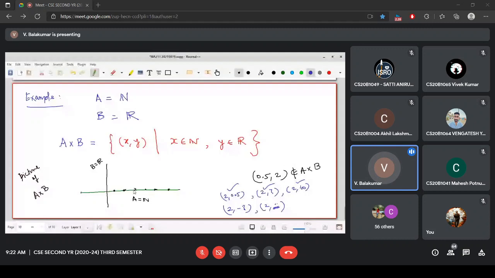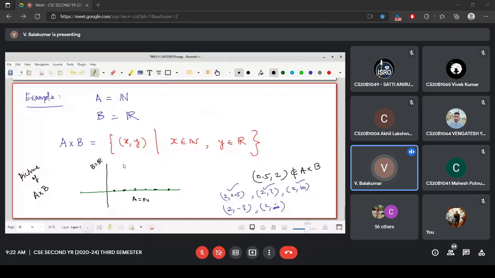Okay, I have marked the black color dot in the picture. What about the y coordinate? Any y coordinate will satisfy, sir. Any y value can be taken. Fix one natural number; the y value can be anything, maybe positive or maybe negative. So the y value can be anything.